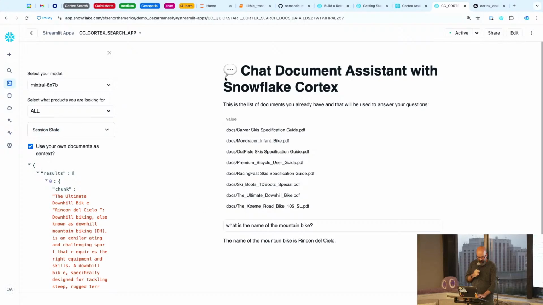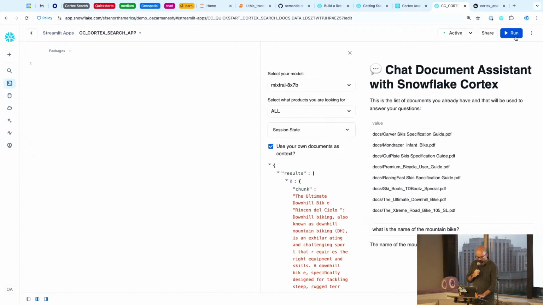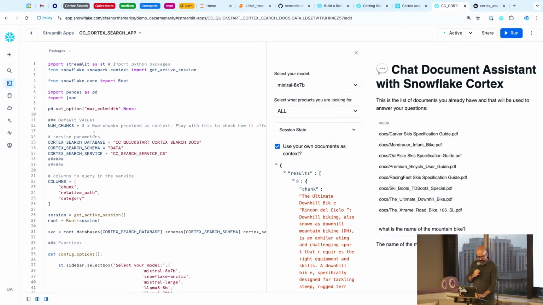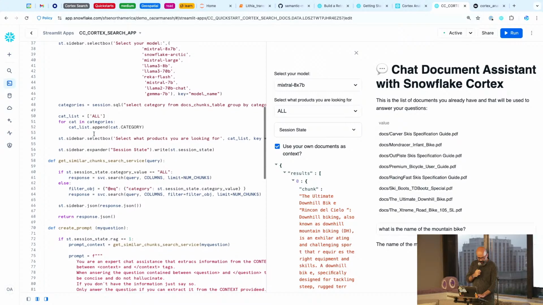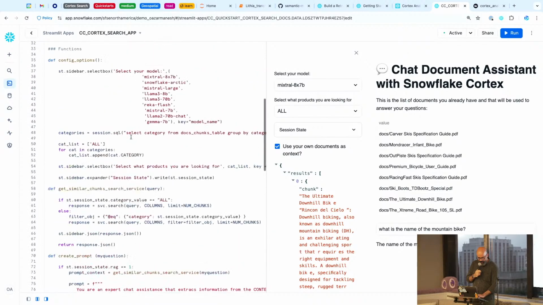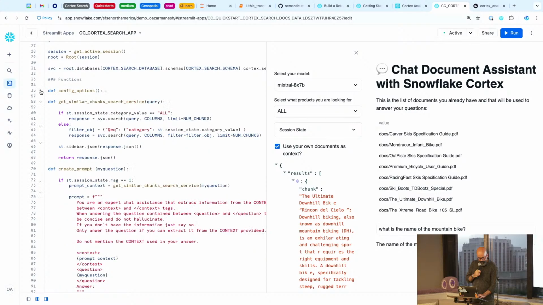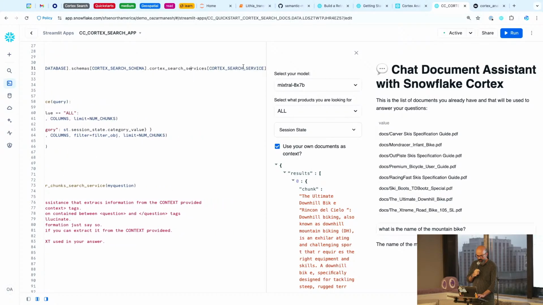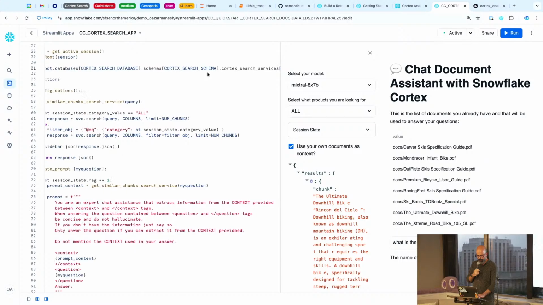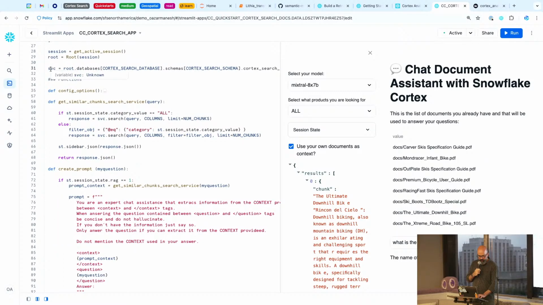All right. The other cool thing about this is you can have access to the source code of this right here. And let's take a look at a couple of interesting things that are happening. Let me just close these. So there is get similar chunks, search service. This is my service. I've defined the service as Cortex search service with the name that I had given the service. So I created a variable that points to my search service,